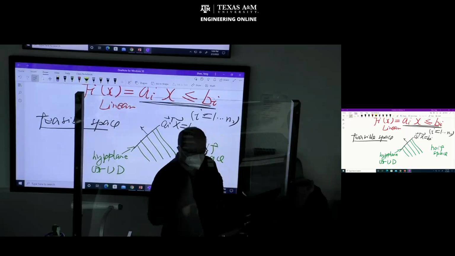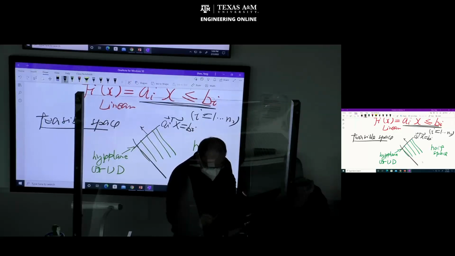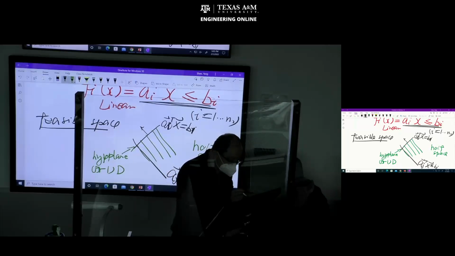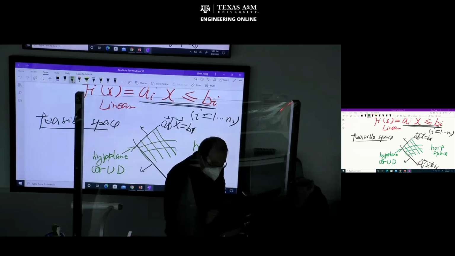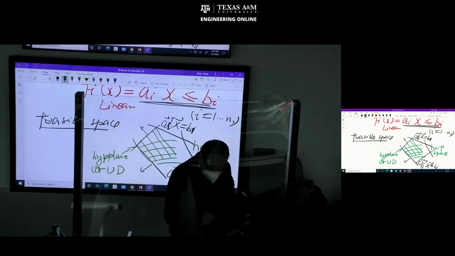Now you have m of them. You have to take the intersection. What do you get at the end? You may have another, right? Let's say this is a_1. This is a_i, that's fine. And then you have a_j, less than or equal to b_j. So in this case, for instance, a is going in this direction, then less than or equal to says it's like this, right? Then you have another, then you have another, you have another, and then if you look at the intersection,